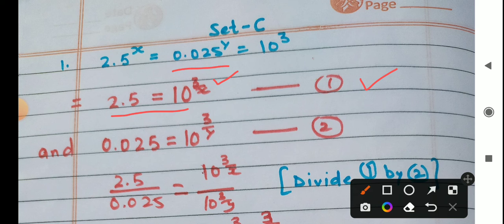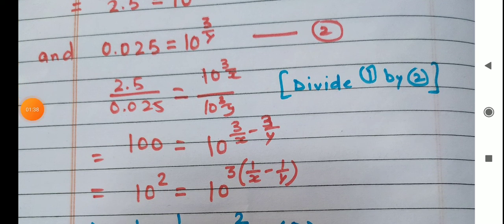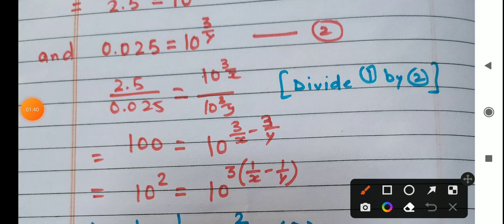Second part you have 0.025 raised to power y. This is equal to 10 raised to power 3. So this we can write 0.025 equal to 10 raised to power 3 upon y. Now you will divide equation 1 by equation 2. So 2.5 upon 0.025 equal to 10 raised to power 3 upon x upon 10 raised to power 3